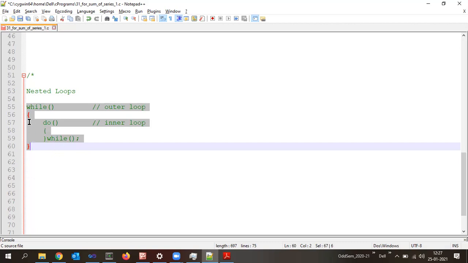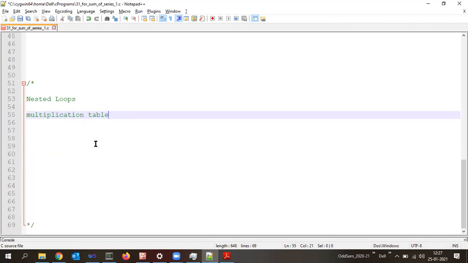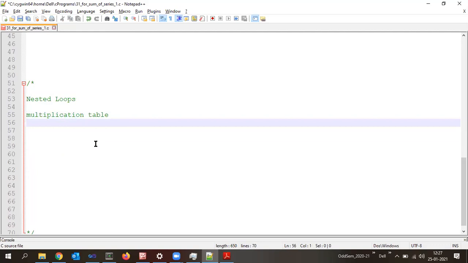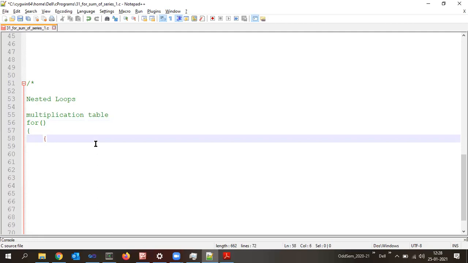Now let us make use of a simple program and write a solution for that. Earlier we had written a program for a multiplication table. What was the looping structure we had used? I think while loop, right? It can be for loop, right? We had used the for loop. Yes, very good. That particular program used to write the multiplication table of any one number. Suppose you execute and enter the number 3, the program used to display the multiplication table of 3. If you enter 5, it used to display for 5.